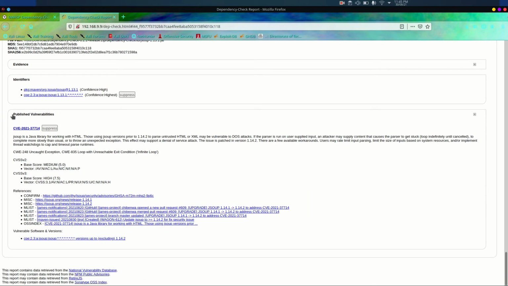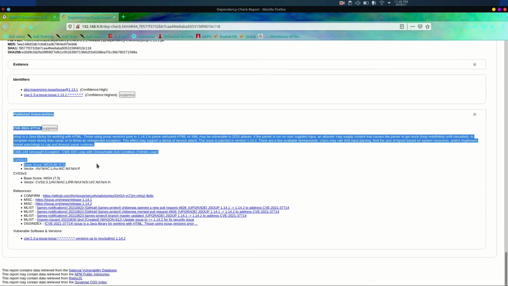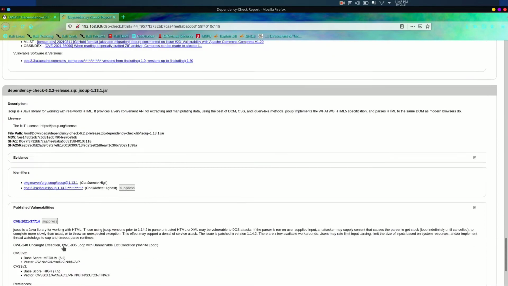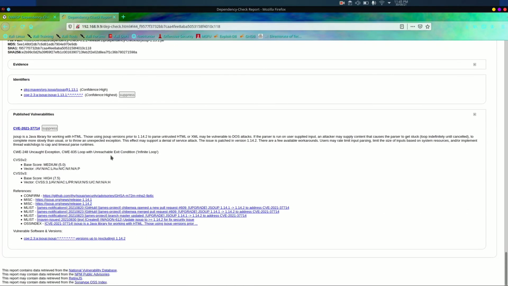After that, it will give us the published vulnerability details, which are the vulnerabilities present in the CVE database, as well as its CWE and CVSS version 2 and CVSS version 3 scores. After that, it will also give us the references for the same.